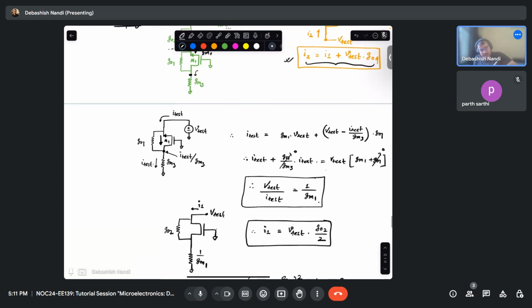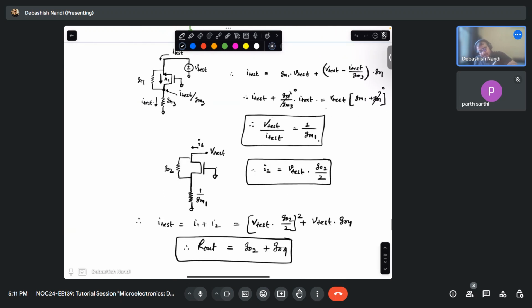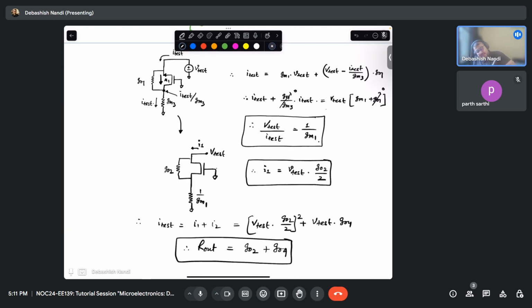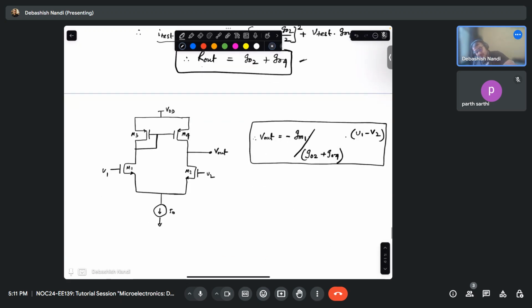So you have simply again applied a V test at this point, then simplified this entire circuit to this. This is your M2, and then you have calculated your I1 to be this, and finally your I test is I1 plus I2, and you have found out your R out to be this. So basically, what is your R out? R out is nothing but this transistor's output plus whatever you have seen above, the output transistor. Now in our circuit,